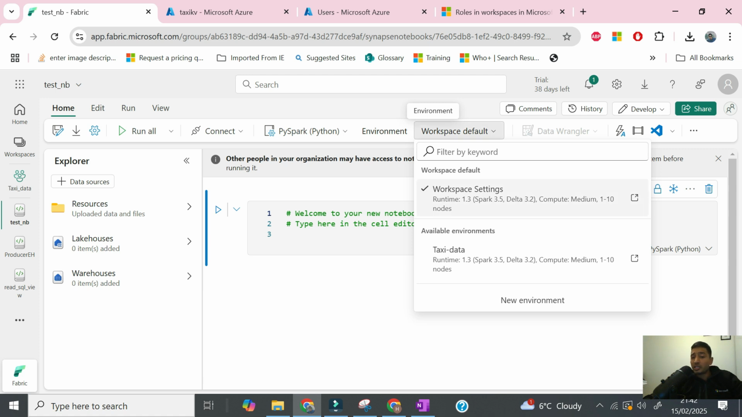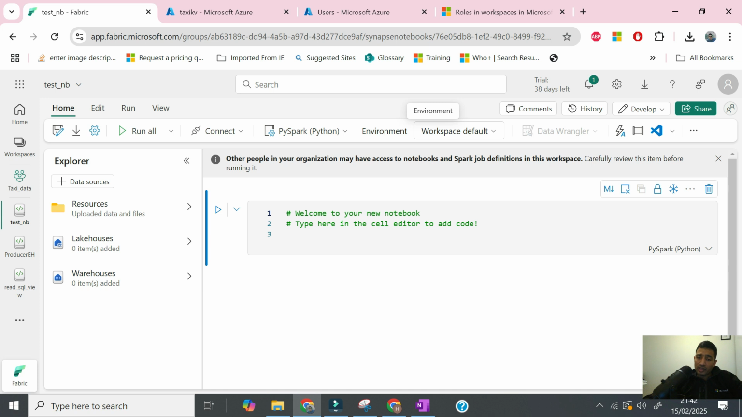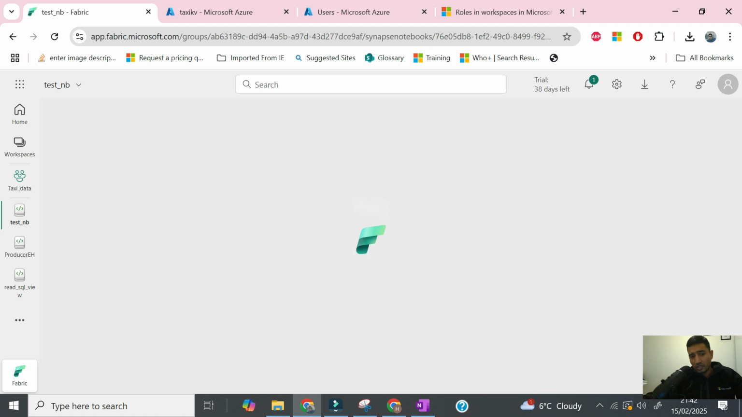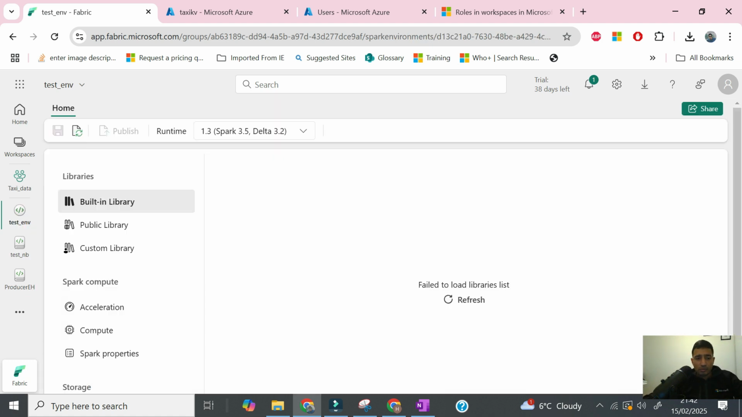So we have the workspace default, which is selected by default. But what I want to show here is that we can create new environments. So if I go to new environment and let's say I want to name this test env, and I'll say create. Now in this new environment,